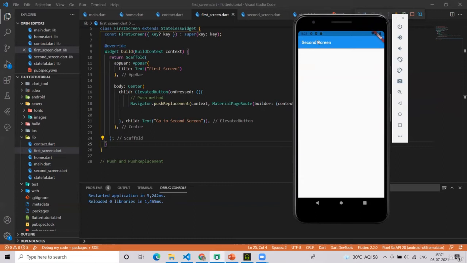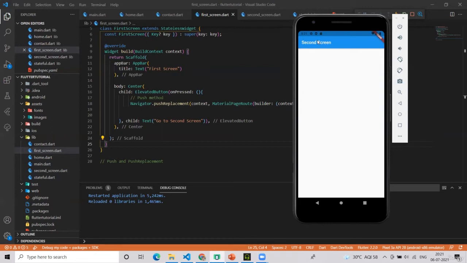You can just understand it with an example of Facebook. First of all, the login screen appears when we enter username and password. After that, if it's correct, the user is navigated to his profile screen. And from that profile screen, he cannot go back again to the login screen until and unless he clicks on the logout button. So this is a very good and typical example of when to use push and when to use push replacement.